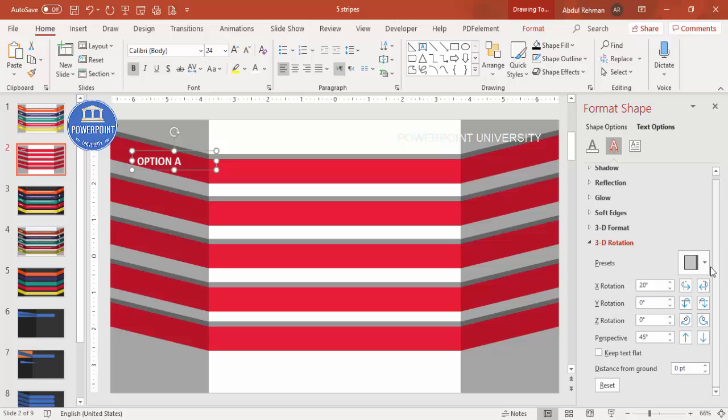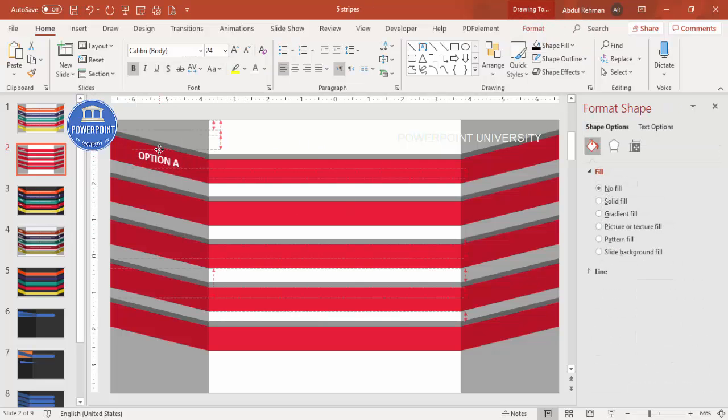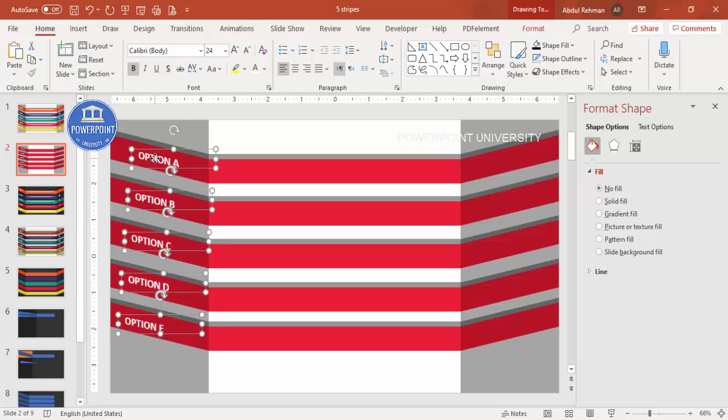All right, and then you can see here, I can just increase it like this, and here also I can make some changes. All right, so maybe this is better. So I'm just going to Control D, and then I'm just going to paste it one by one, and later on you can just change the option number to, this is B, this is C, D and E. And you have to just make sure that I'm selecting all by holding the shift key,